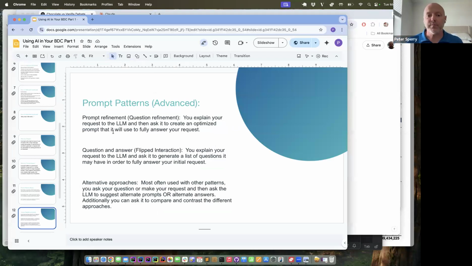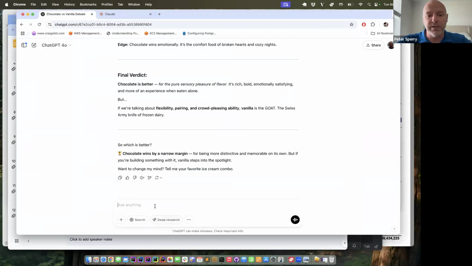Prompt refinement. This is by far my favorite technique to use with any of the LLMs. Prompt refinement is where you are effectively giving it a prompt and then asking it how to make it better. So we're going to do this in real time.